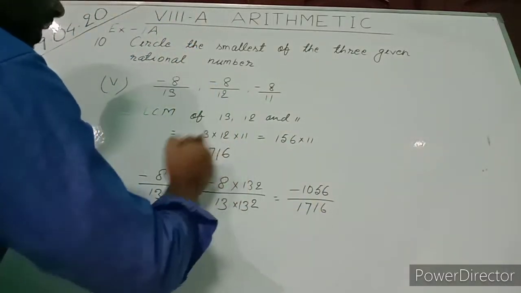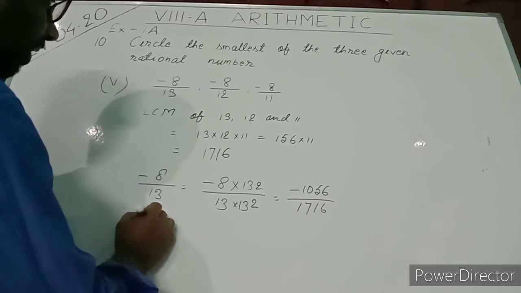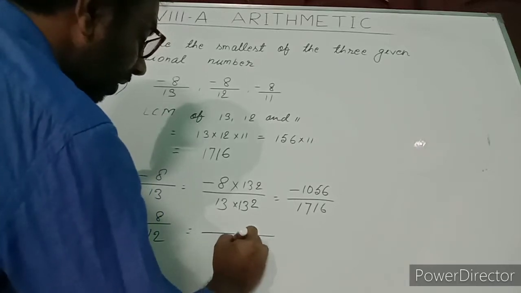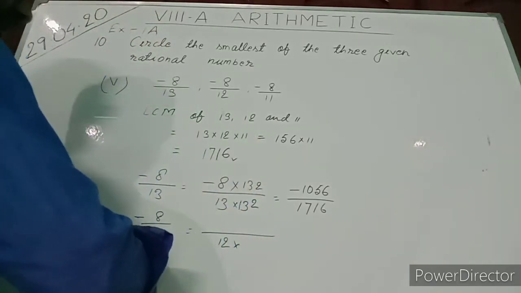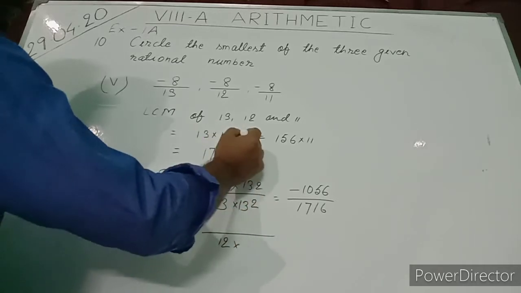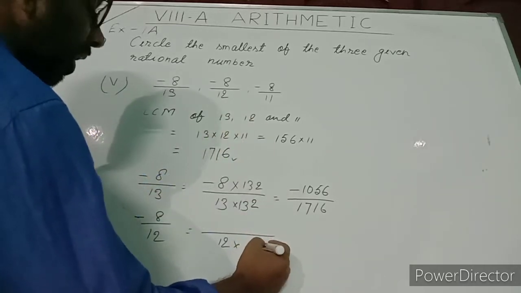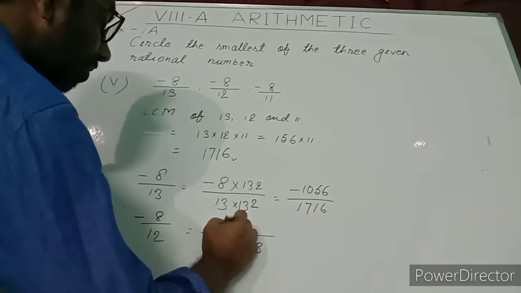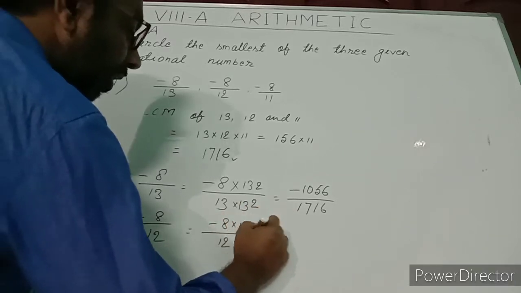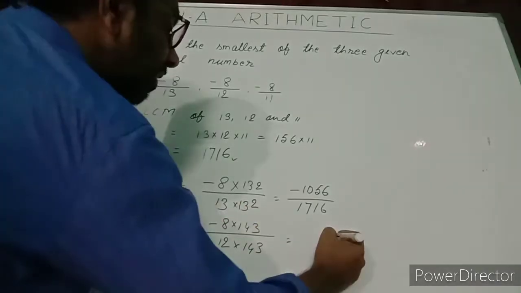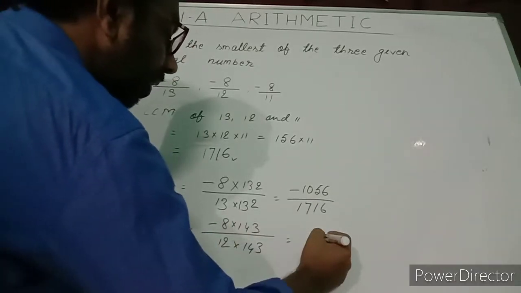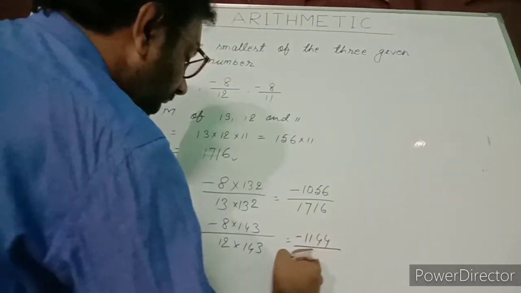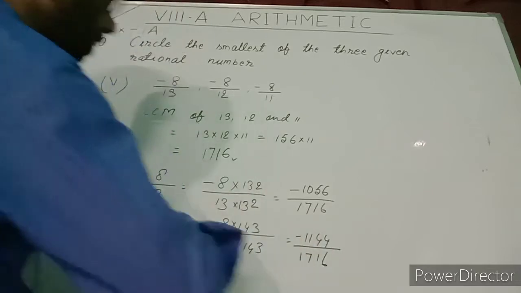We got this LCM. Now we take the second fraction, that is minus 8 by 12. Now you decide by which number you multiply 12 to get this LCM 1716. Those numbers will be this 13 and 11. So we multiply these two. 11 3 is 33, 3, 11 1 is 11 and 3 14. So numerator should also be multiplied by 143. Now you write the multiplication. 8 3 is 24, 2, 8 4 is 32 and 2 34, 3, 8 1 is 8 and 3 11, minus by this became 1716.